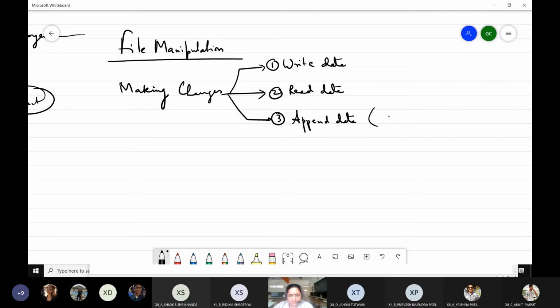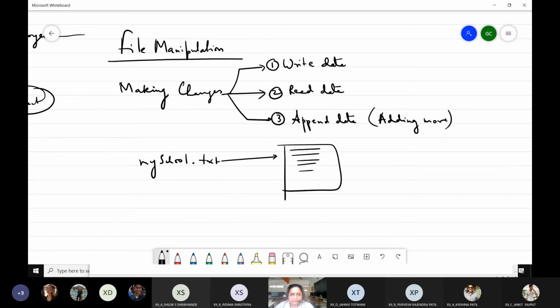But what is append data? Append data means adding more data. How is it different from write data? Suppose your file already exists, like you have a file named myschool.txt and it already contains 5 lines, right? So now when you again run the program to write the data, these 5 lines will be removed from the file.